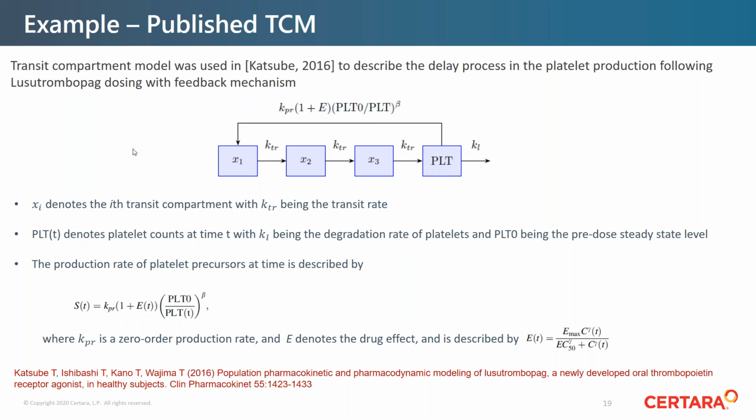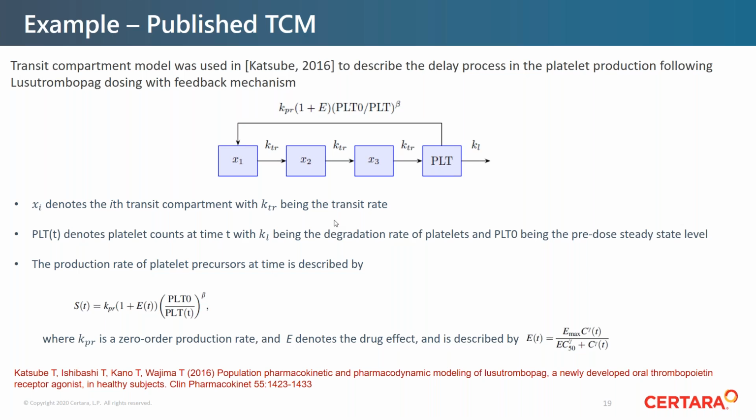Now, I'm going to demonstrate the gamma distributed delay model through an example. This example is an extension of a published transit compartment model given by this paper. This transit compartment model was used to describe the delay process in platelet production following dosing with the feedback mechanism. Now, in this model, there are 3 transit compartments, and KTR is a transit rate,